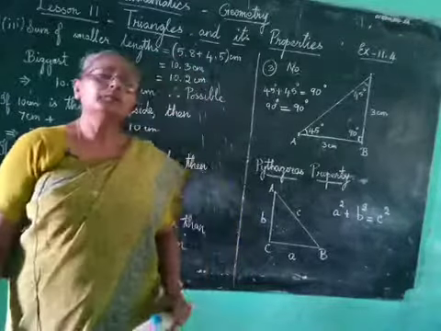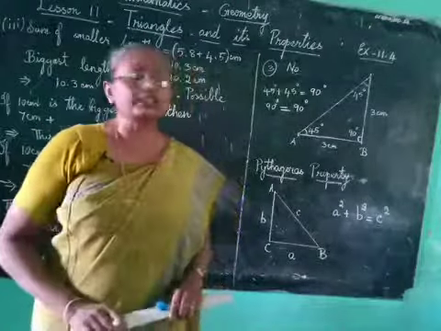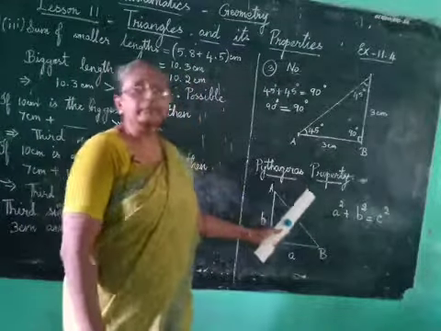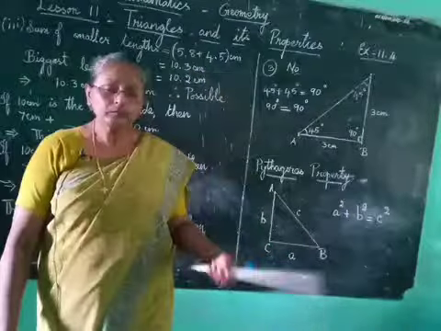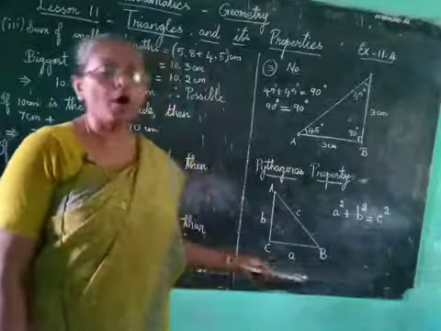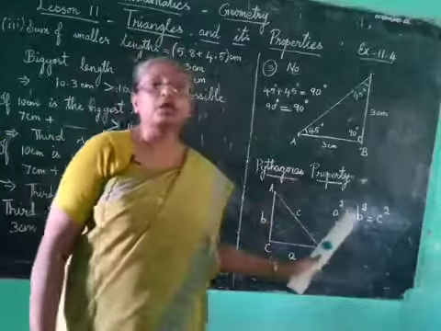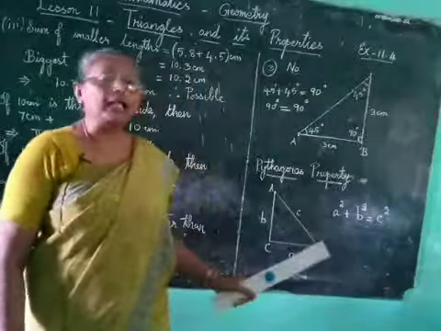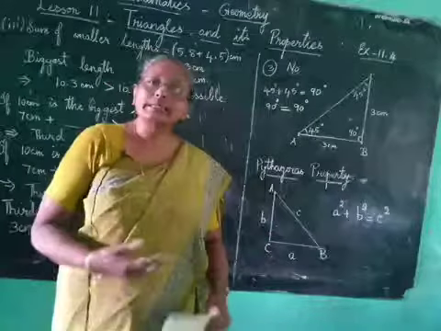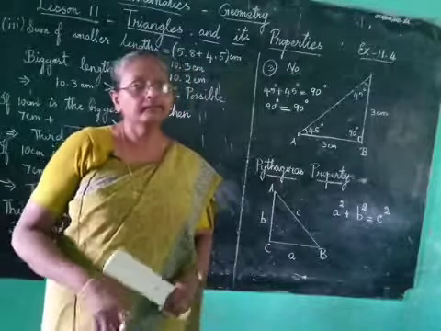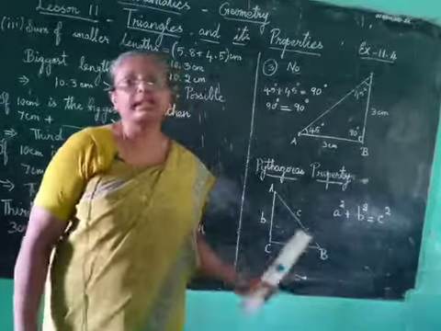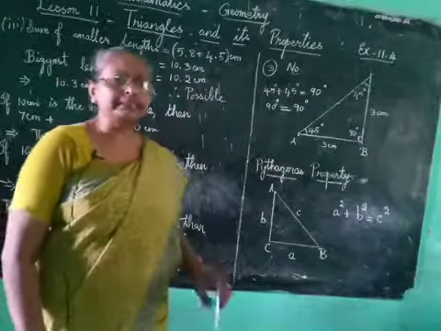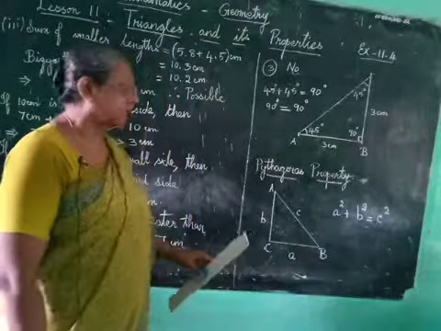Okay. So, lastly, I would just like to tell you that one more property is there in triangles. It is the Pythagoras property. It was introduced by a mathematician called Pythagoras, and it is very basic in all right-angled triangles. So, I would just like to teach you that one, and the other sums based on that are not included for you in this class. You need to just know what that property is. That is enough for you.